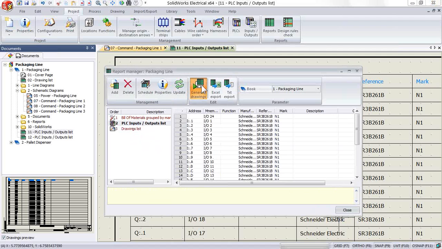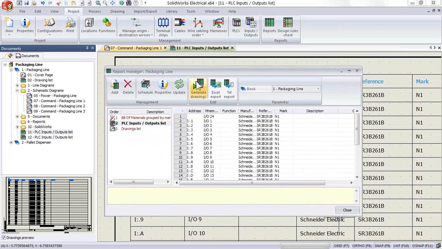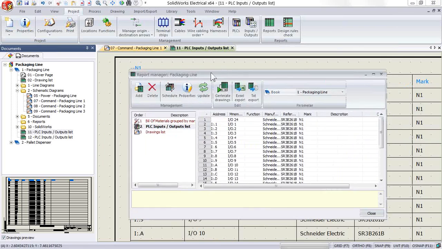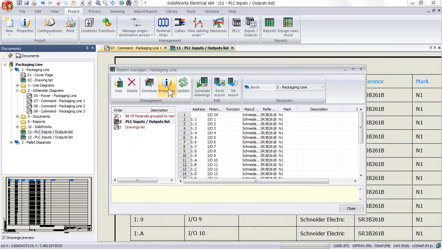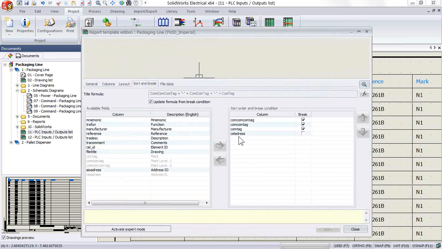So at this point, let's go ahead and generate our drawings. And now as you can see, it's following the sort order as defined. So again, take a look back at the properties of the report you're generating. You can go to the Sort and Break tab and add any of those conditions that you may need and